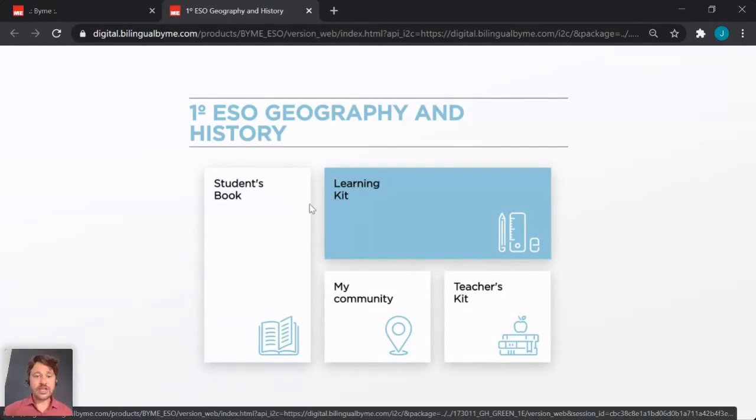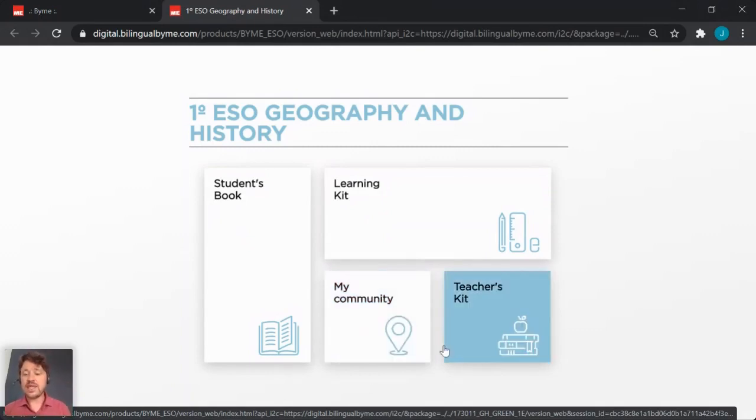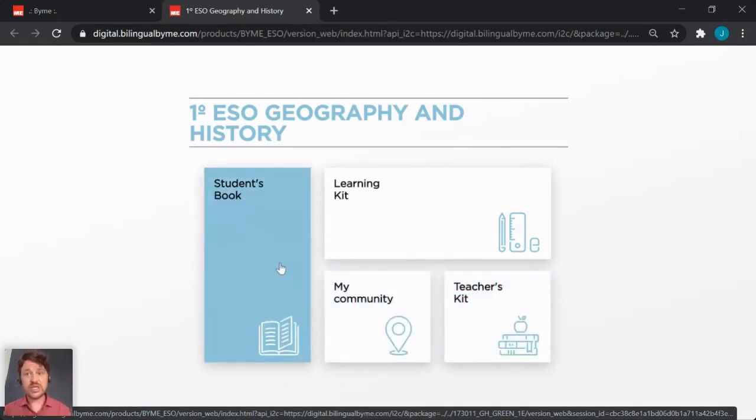Okay, so we've got 5 sections. We've got the student's book, there's the learning kit, my community, this is only for geography and history, obviously, because it wouldn't be relevant for biology, for example. And then we have the teacher's kit. This is where we have all the things for you guys. So going to the student's book,